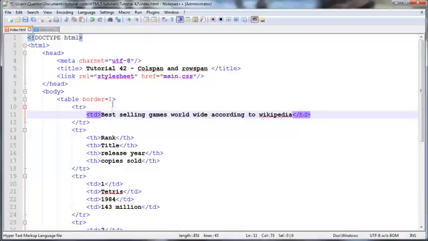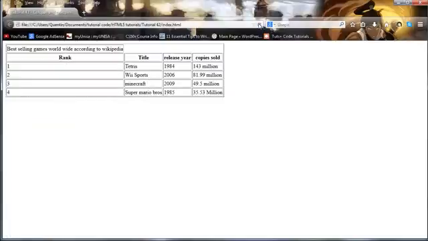But we now want to make this cell actually span over multiple columns, because if I refresh this right now, you can see we've got this table cell over here,